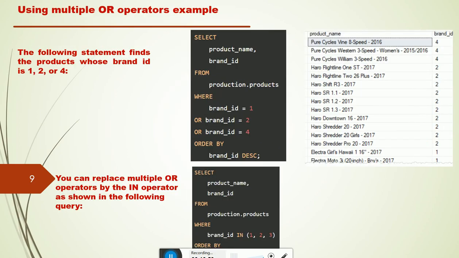Using multiple OR operators example. The following statement finds the products whose brand ID is 1, 2 or 4.